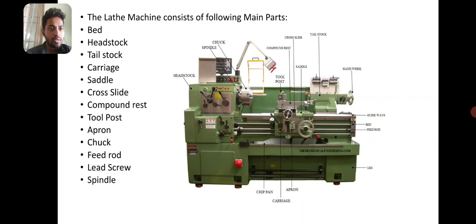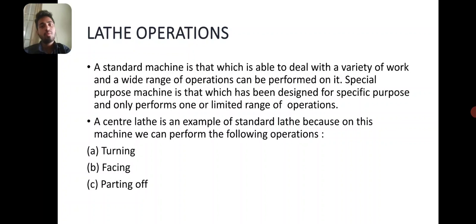Here we know the tool post is mounted on the keyways. It will traverse from left to right, and the tailstock is at the right side of the bed. It is called the dead center, and the headstock is the live center, where the workpiece rotates at a certain RPM. And we will go to the lathe operations.